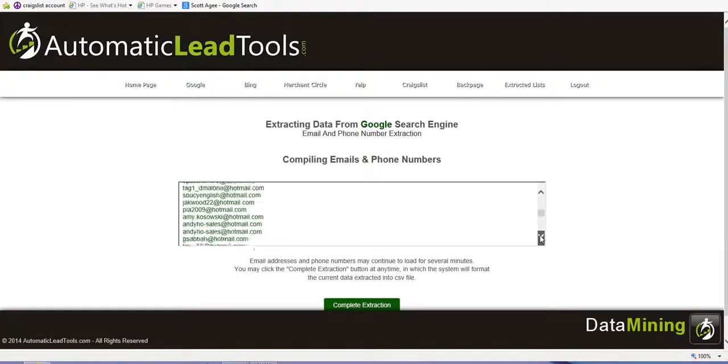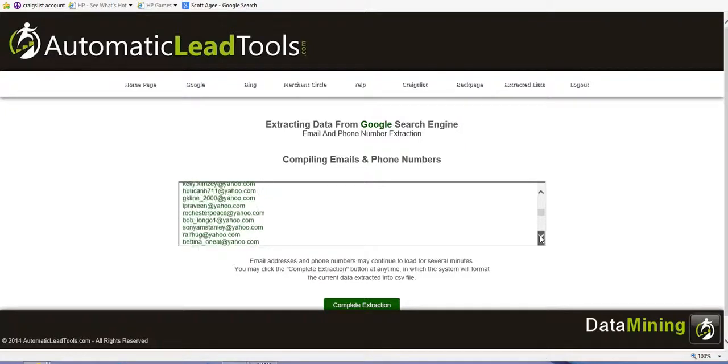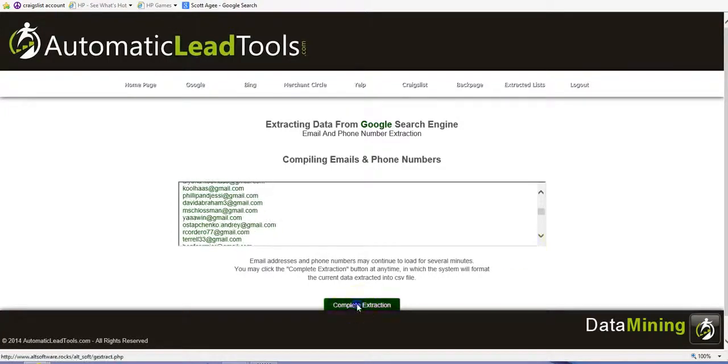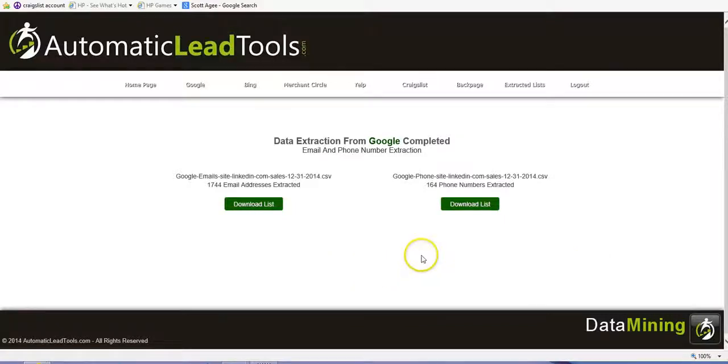Say, hey, we got a new opportunity, a brand new position opening for a nationwide sales rep. Would you be interested? Here's the compensation plan. Things like that. And this company can actually find sales reps right from LinkedIn. I'm going to stop this just to let time go. So that was literally 15 seconds and 1,700 email addresses for them to contact, or 164 phone numbers, which they could then put into their voice broadcaster like I showed you and talk to those 164 people and see if any of them are interested without ever cold calling, without ever having to pick up the phone.